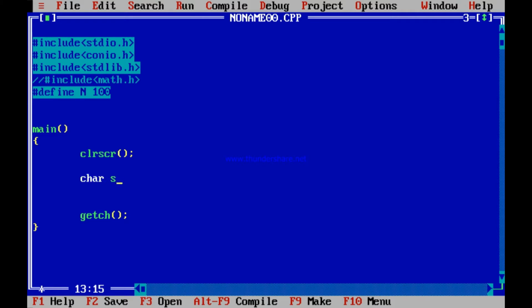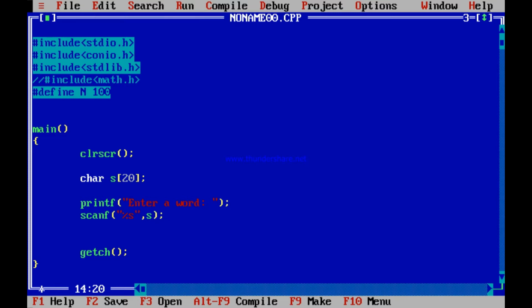Say I need to declare the character array first, character s, maybe 30 characters, 20 characters maximum can be there in a word. And after that, you need to first ask the user to enter a word, that is what you tell the user, and then you need to scan that word. So scanf %s followed by that string.